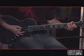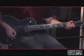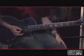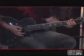Really slow, really minimal movement, because that's what's going to make it sound tight. And obviously palm muting, to get that sound, you just rest your palm down. I'm sure most of you already know what palm muting is, but rest your palm down to get that tight